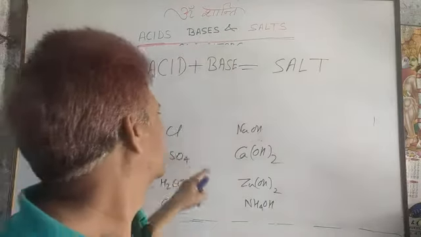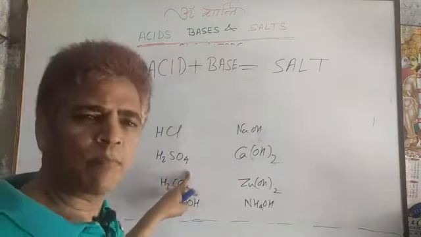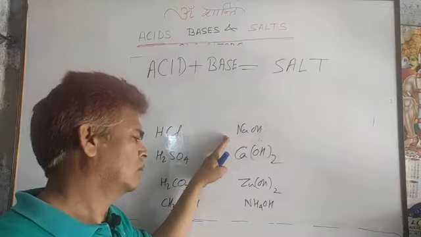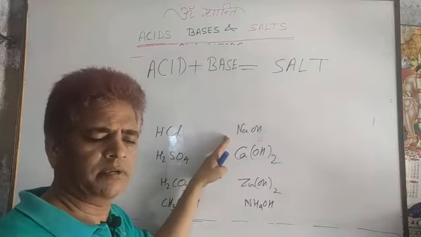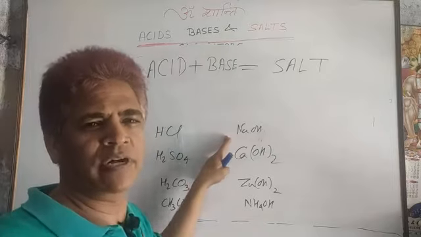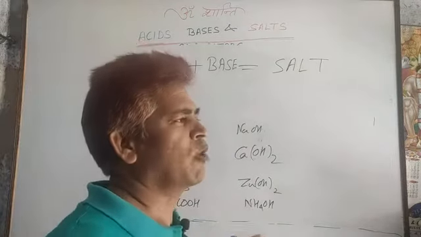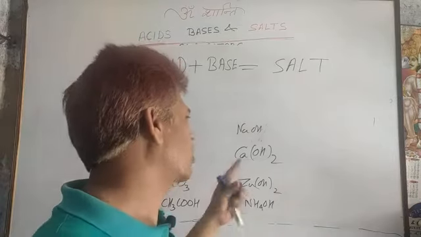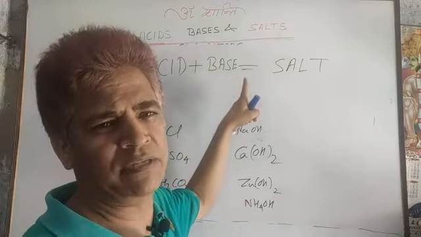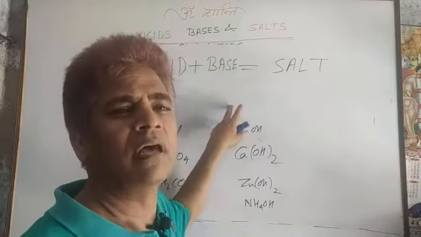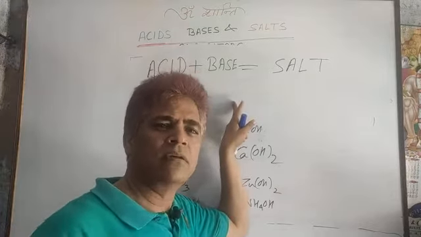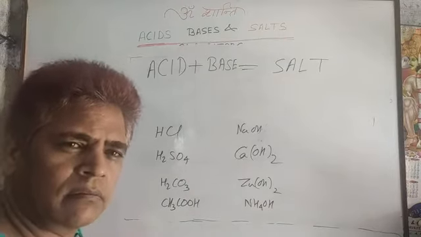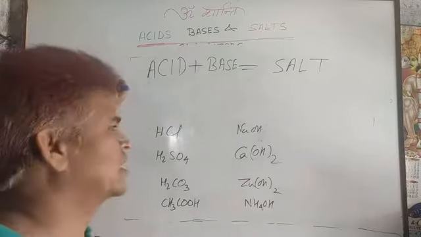Dear students, you have to recall examples of acids and examples of bases, but one thing you can define like this: the hydroxide of a metal comes under the base. If you know examples of 5 metals and you write the formula of the hydroxide of that metal, that comes under the base. So oxide or hydroxide of a metal is also known as a base. It is the simple definition. Yesterday I defined it according to Arrhenius. Now you can also recall that all hydroxides of metals are basic in nature.